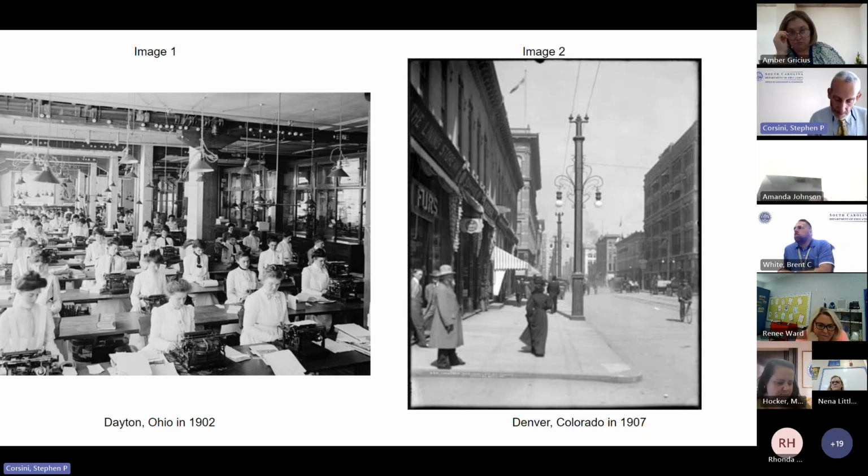Can you take another minute and really look for other similarities between these images? And anything else you may notice.